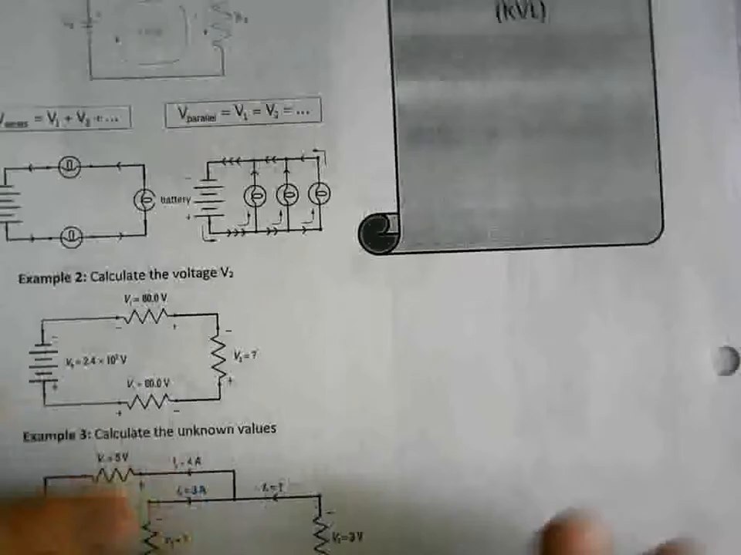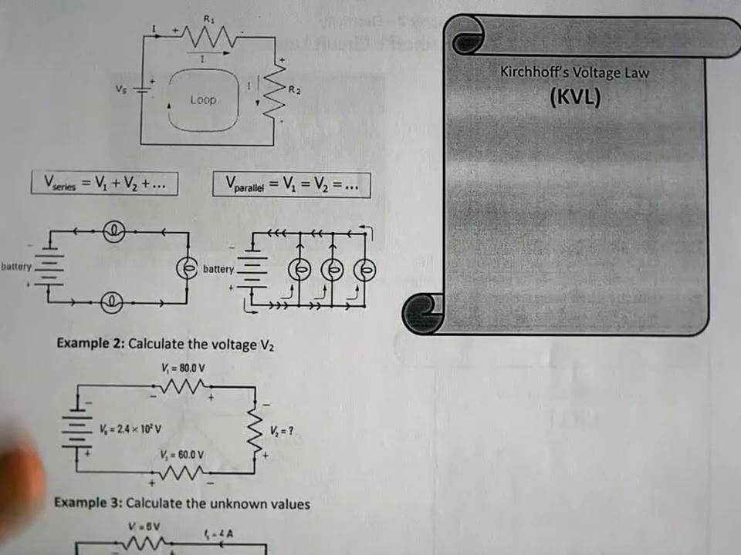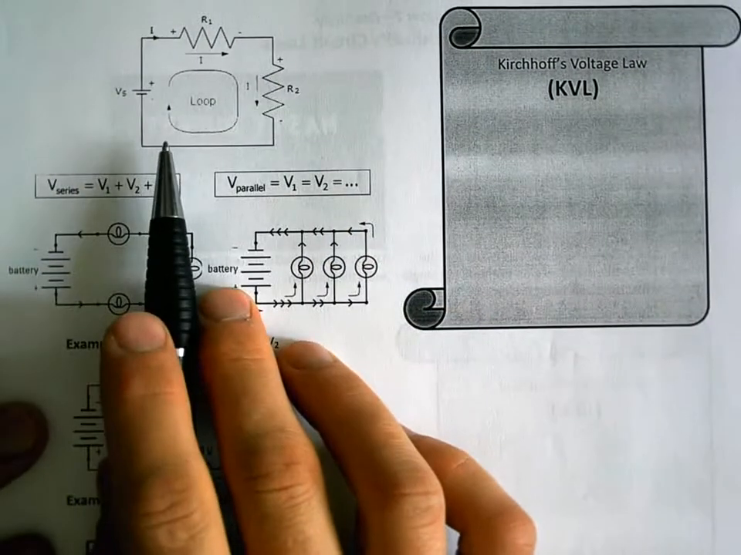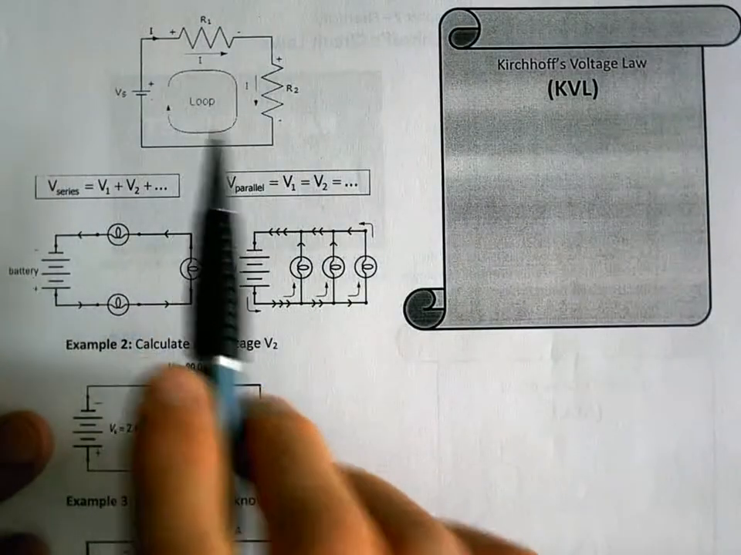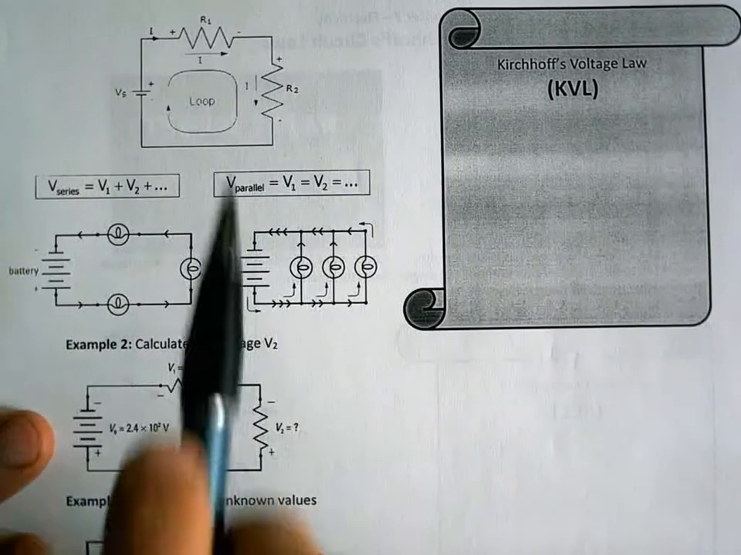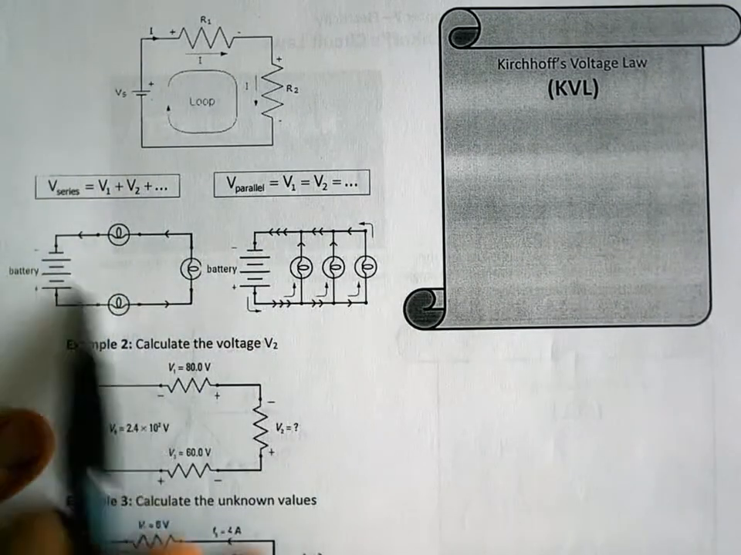The second of Kirchhoff's laws is called the Kirchhoff voltage law. And this one's a little bit more confusing. It states that for any loop, the voltage from my source has to equal the voltage from my loads. So for this loop, if I look at a series circuit,